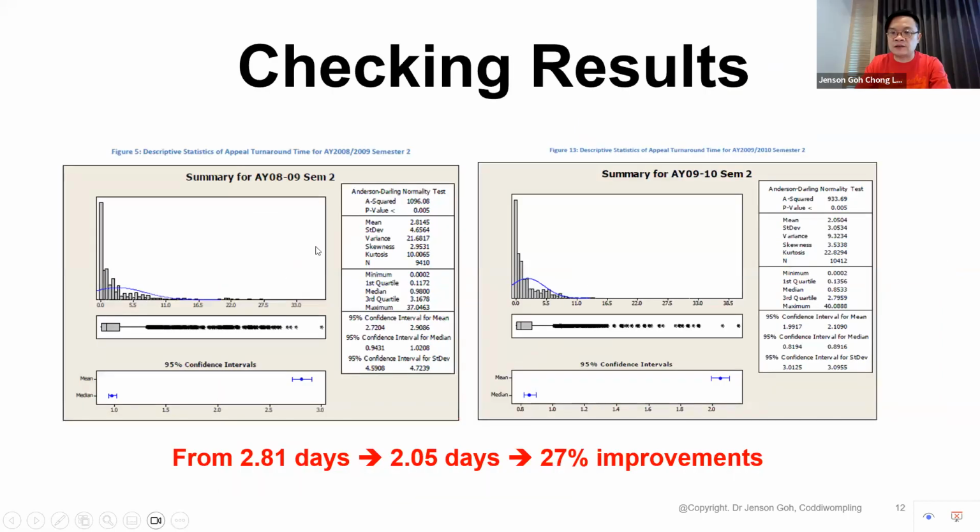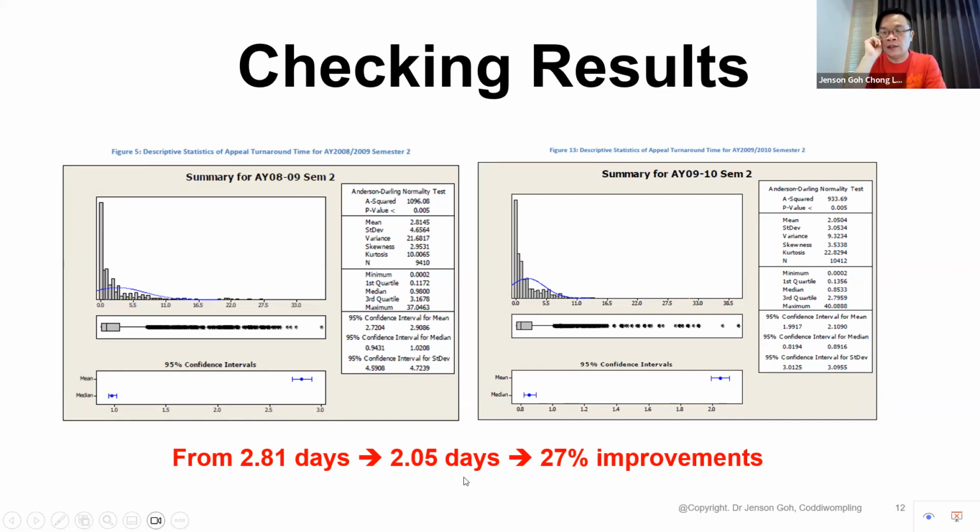So with that, we start to compare the results of our implementation, the prototype that we have created, and roll out into the real semesters. You can see from a distribution perspective, when we ran our improvement, the appeal days, the turnaround time from the start of receiving the appeal to concluding the appeal or getting an outcome, took 2.81 days, but with the solutions implemented, we get it to 2.05 days. So we get an improvement of about 27%, which falls only slightly short of our target goal of 30%, but